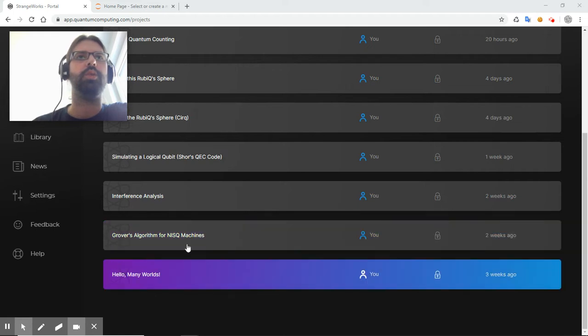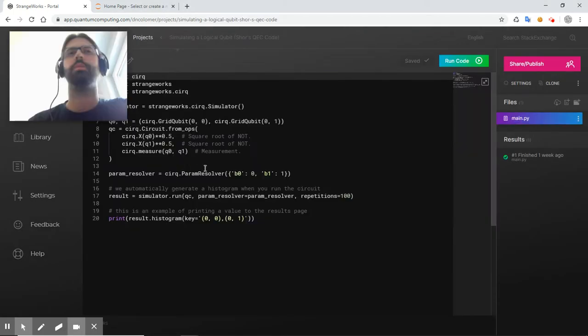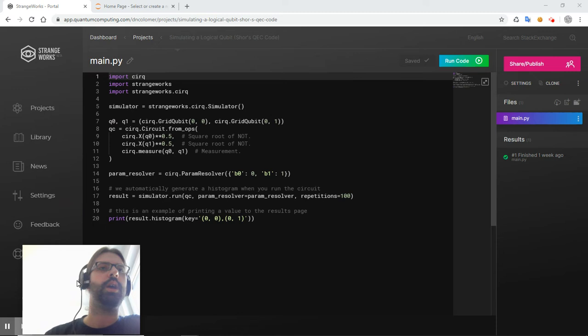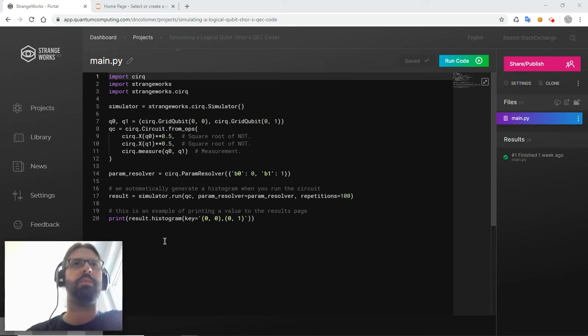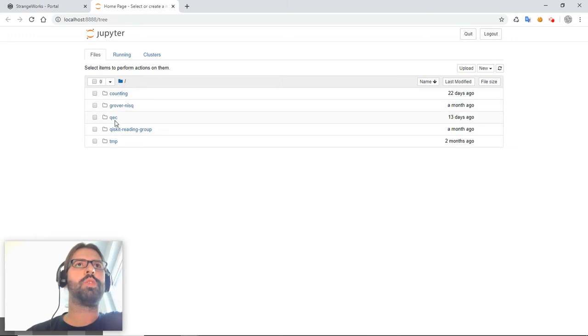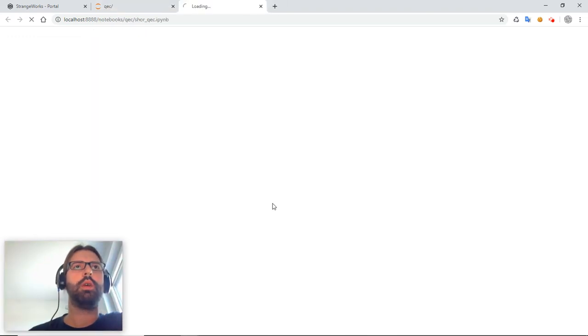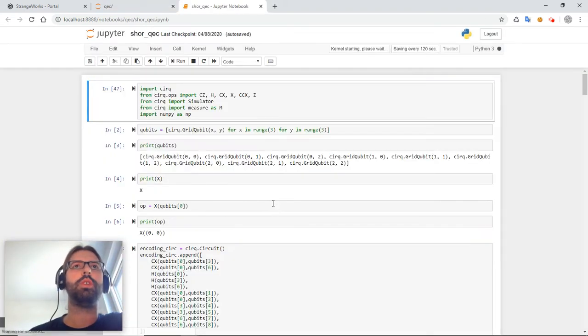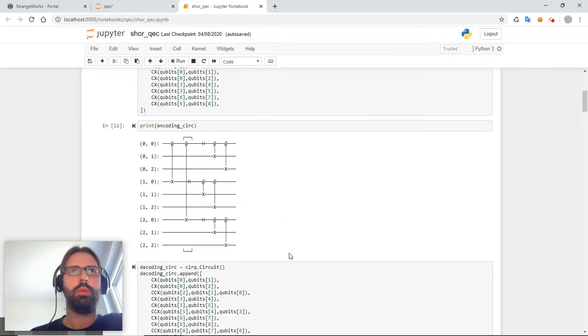So what I can do is I'm going to copy paste now. I don't have much time anyway. So let's just copy paste import some of these things. This is the simulating a logical qubit project, that's this guy here. I'm not sure what I was doing. Was I using circ? Yeah, I was using circ. That's cool. Okay, so I'm going to copy